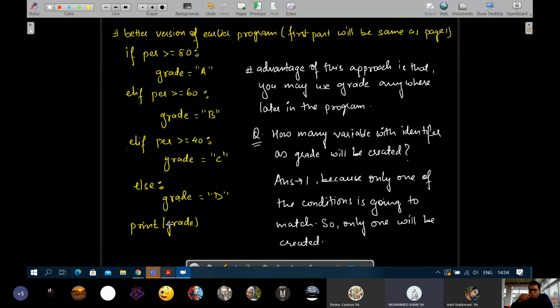No, don't do it. If you want to print here, immediately print A. So what is the use of taking this, storing it in a variable? Yes sir, you're right. When you are printing every time just after finding out the grade, then what is the use of storing it in a variable?